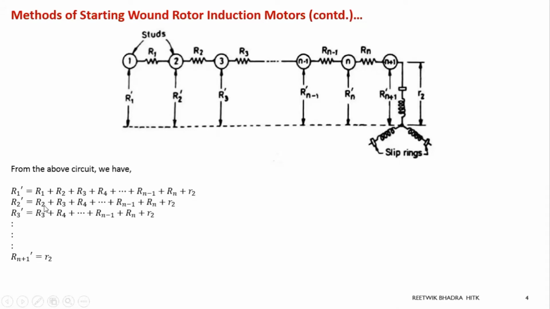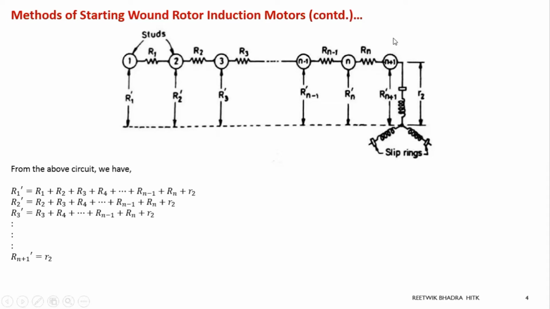Next, if I calculate R2 dash, from R2 dash what will be? So R1 will be eliminated from the above equation. Whatever equation I have written for R1 dash, only it starts from R2. I removed R1, just wrote the same equation. Look, we have written the same equation, only it starts from R2 to capital R2 to small r, and this goes on R3 dash capital R3 to small r. And if I calculate at this point Rn plus 1, this n plus 1 start,